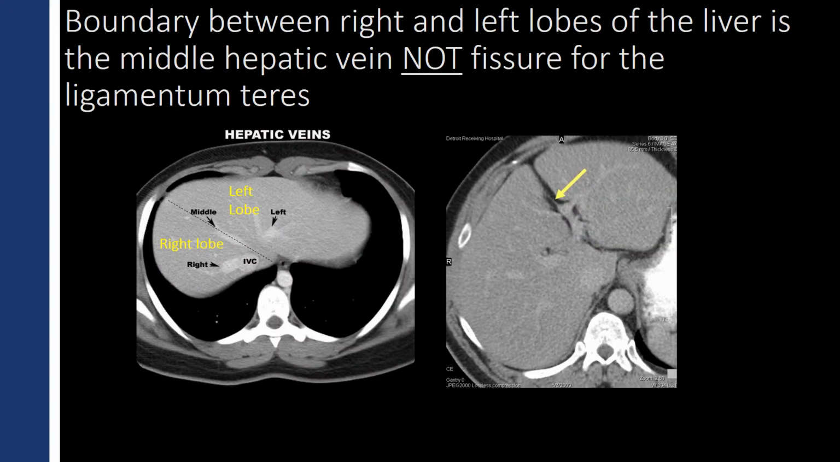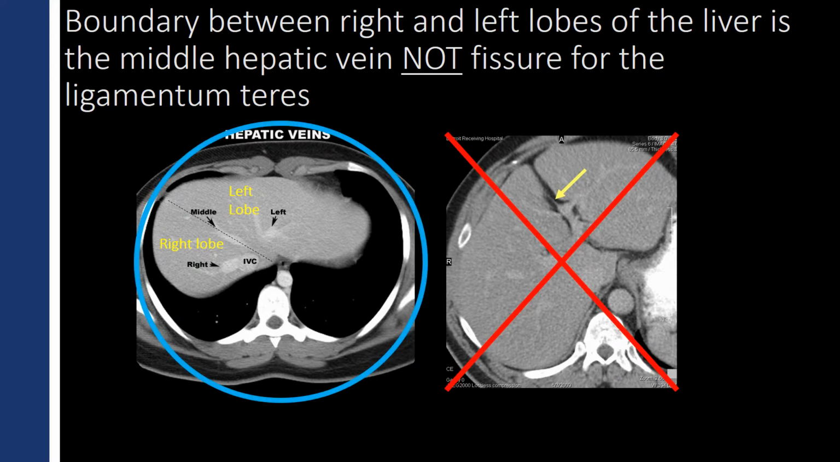Now, one of the reasons I want you to know about the hepatic veins is because the middle hepatic vein, or the hepatic veins in general, delineate segments of the liver. The middle hepatic vein divides the right and left lobe of the liver. It is not the fissure for the ligamentum teres, as we see in the left side of the image, which is, I even see radiologists do this. You know, they see the ligamentum teres fissure,